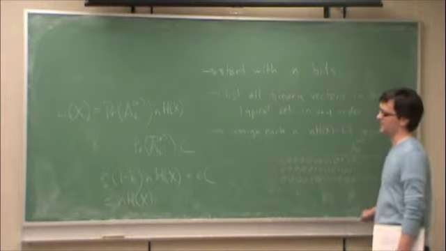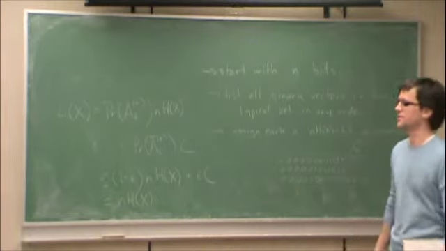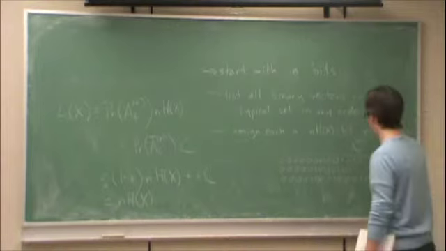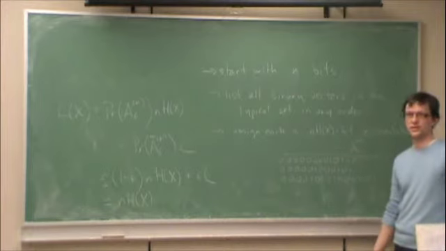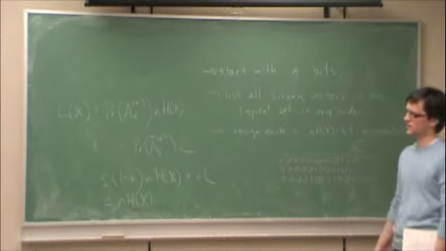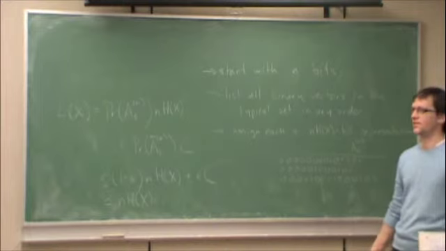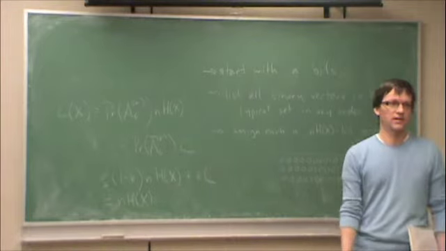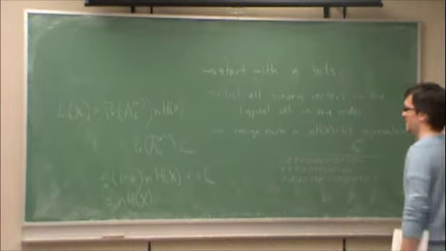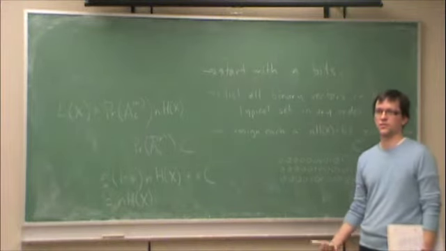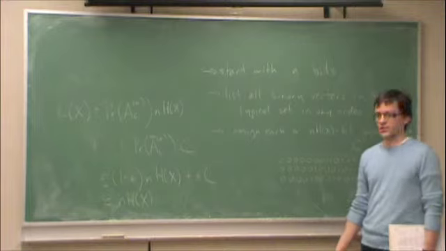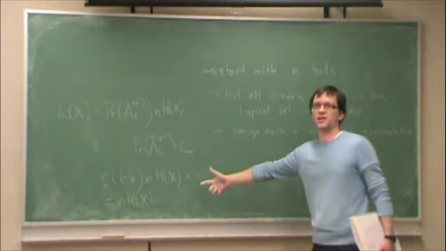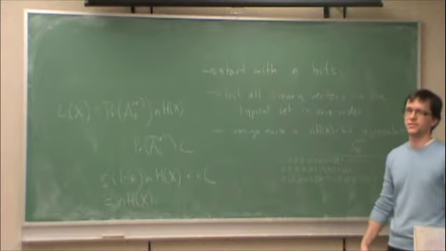The number of sequences here is 2 to the nH(X). So if n is like 10,000 or something, and H(X), let's say, is 0.5, then the number of sequences in this list would be 2 to the 5,000, which is more than 10 to the 1,000, which is something like 1 billion times more than the number of particles in the universe. So this technique, basically what this is telling you is that mathematically this is possible, but computationally it's totally infeasible.